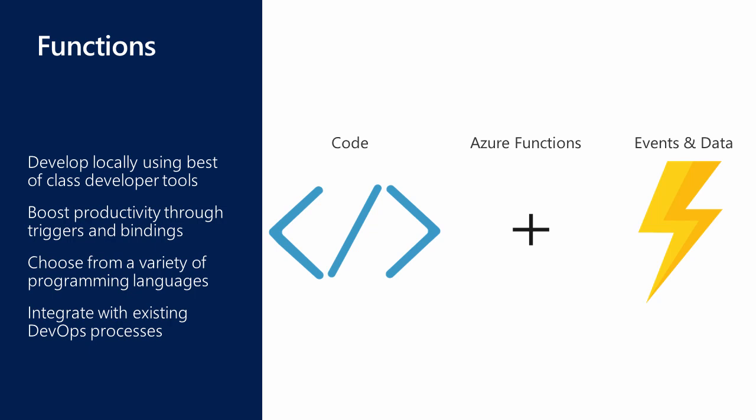multi-platform command line tooling. Secondly, Azure Functions include unique features like triggers and bindings that make it super easy to set up event-driven architectures and simplify communication with data sources. It supports a number of programming languages, from C# and Node.js to F#, Python, and even Bash. Lastly, functions support concepts such as continuous deployment, which makes it super easy to integrate them into any existing DevOps